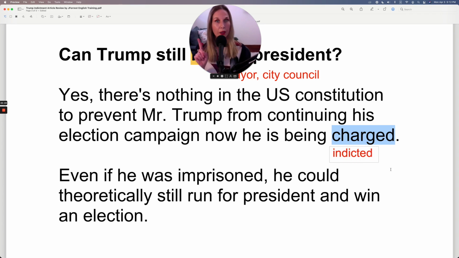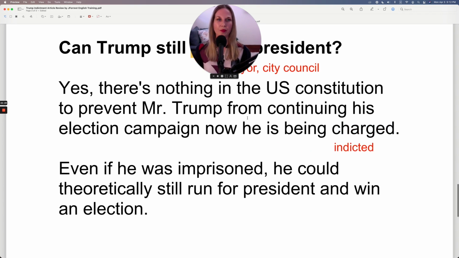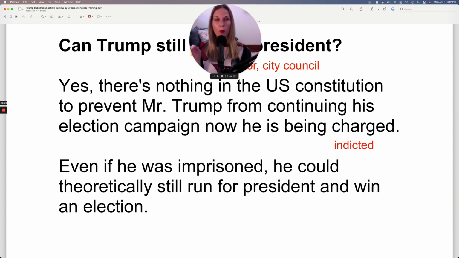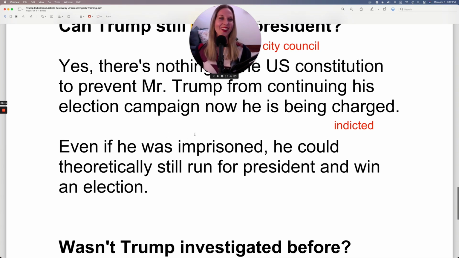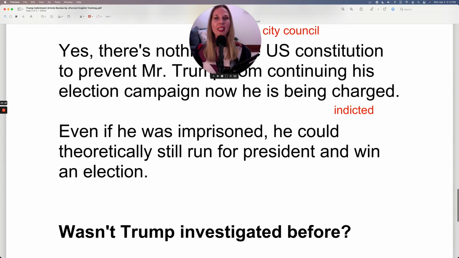Indicted. And remember that pronunciation, indicted. It doesn't say this in the article, but I learned that Trump is the first US president in history to be indicted. So he'll go down in history. Okay, let's continue on. Even if he was imprisoned,